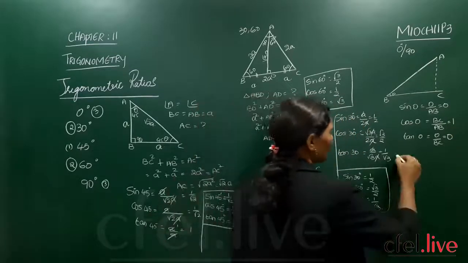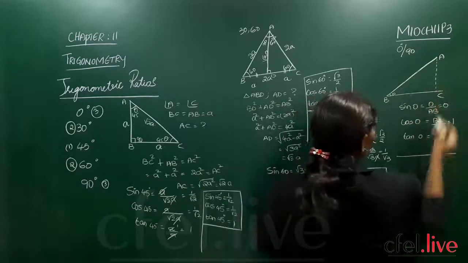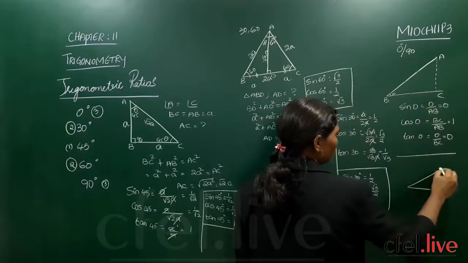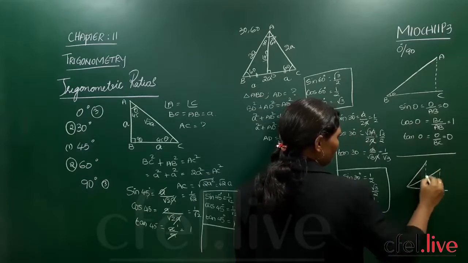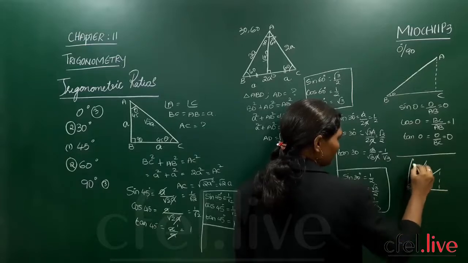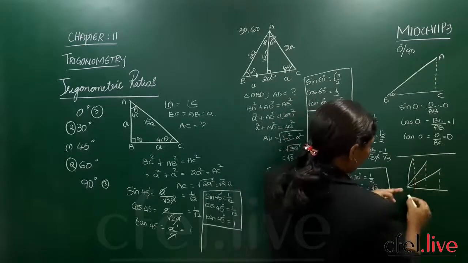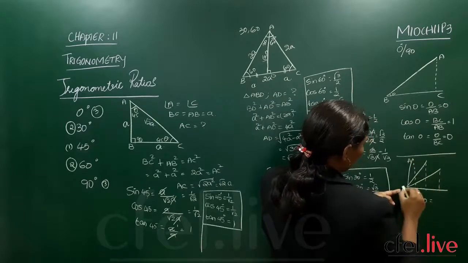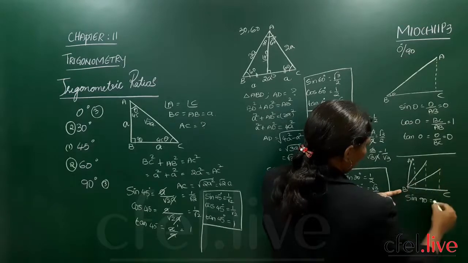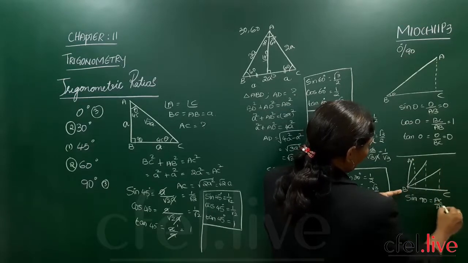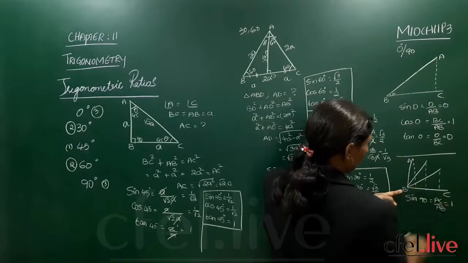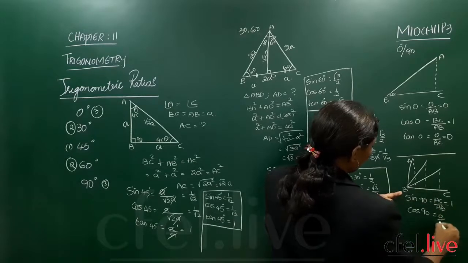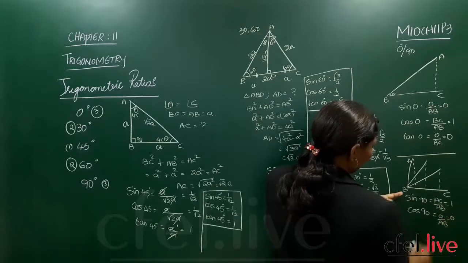Got it? For 90 degrees, what you have to do? Now for 90, this length will become 0. The side will be the same, and this length is becoming less, so adjacent will become less. So sin 90, take the same ABC. Now opposite will be AC by AB. Both lengths are equal, so it will become 1. Now cos 90, adjacent is 0. 0 by AB is nothing but 0.